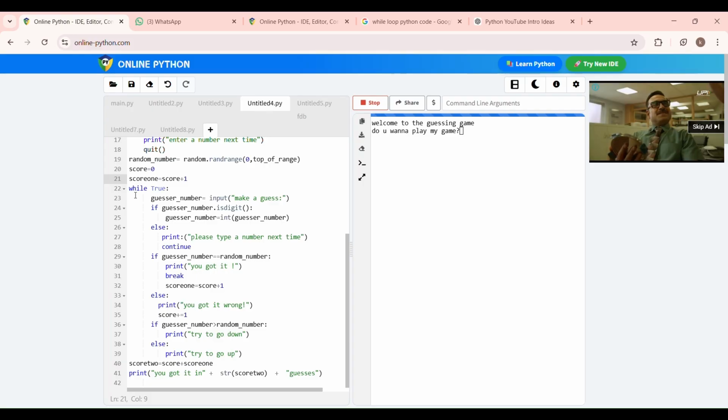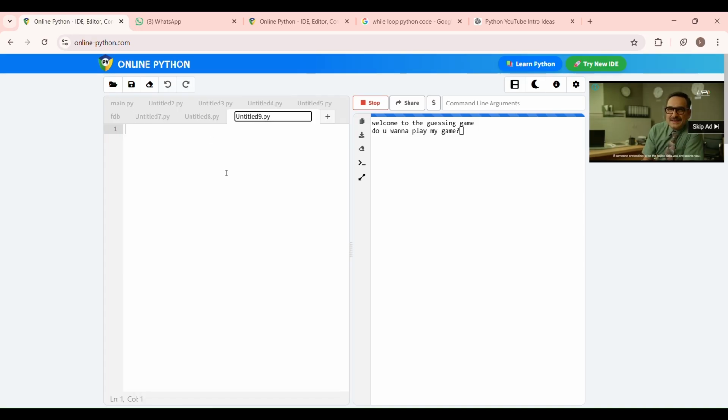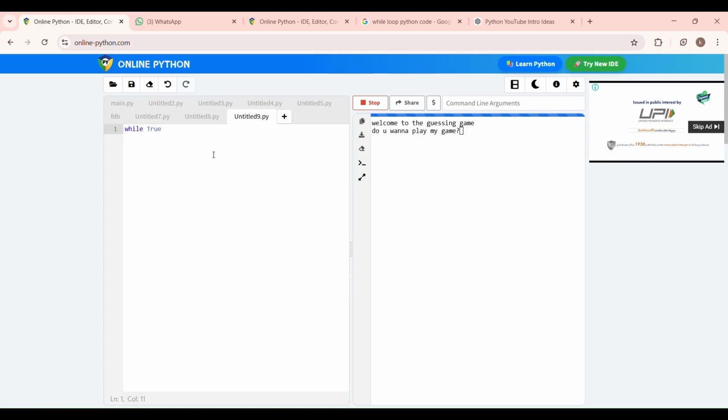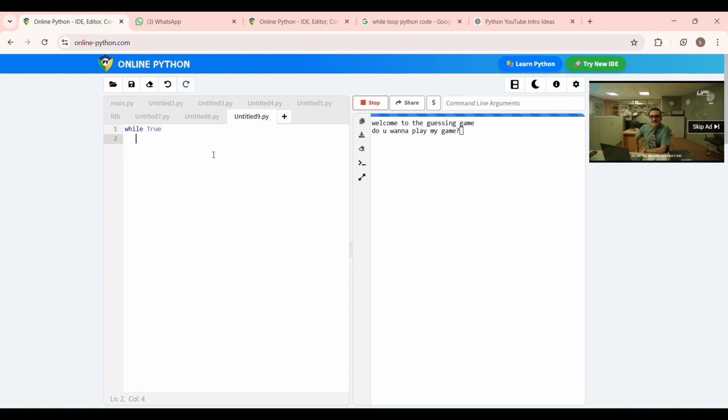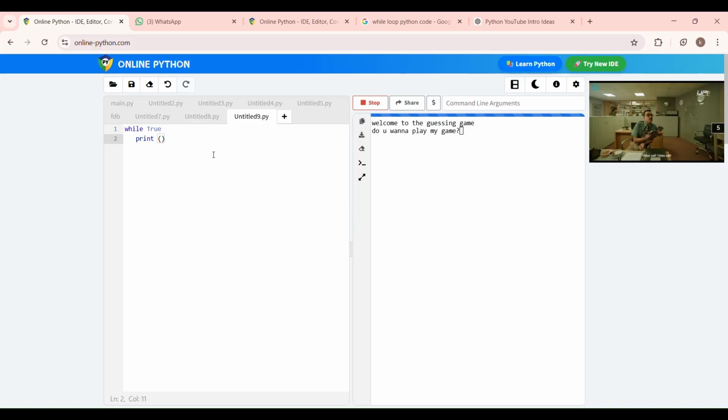While true. While true means we are creating a loop. If I show you while true here, while true, print 3. Now see,